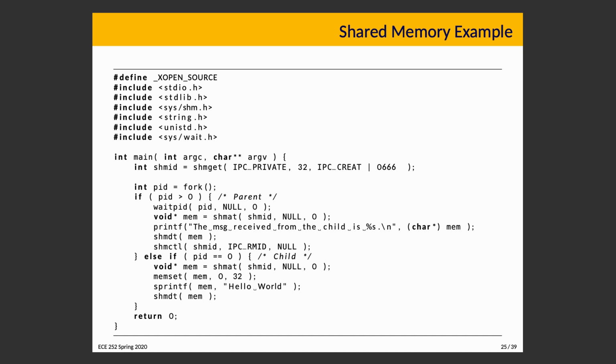This one is a minimal shared memory working example where we are going to transfer some data from one process to another, and they have this parent and child relationship. Okay, so we will define the shared memory ID here up at the top of main, and we will do it with shared memory get. It will be 32 bytes in size. We will then get it, and it returns a shared memory ID, and it's a newly created one with permissions